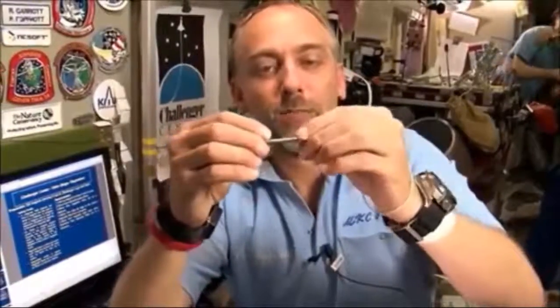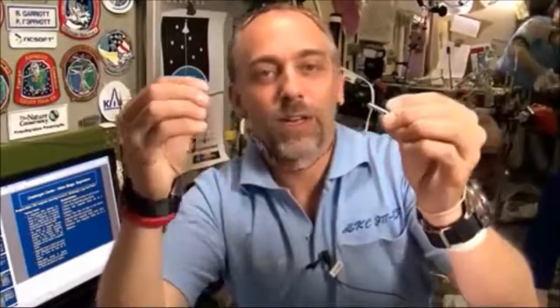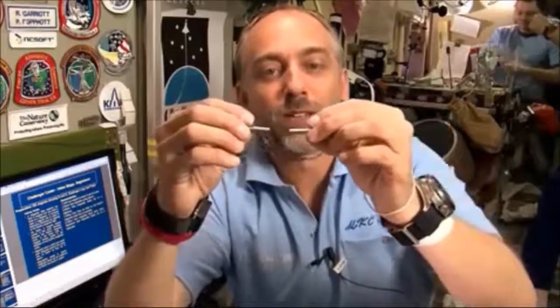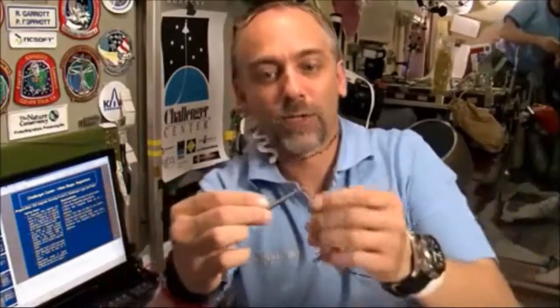Also, this is actually two magnets, and you can see that magnetic forces operate over a distance, and that the north end and south end of a magnet attract each other, whereas if I turn it around and try to put the two north ends together, you'll see that it turns the magnet over and attracts it. There we go. We can start it lined up with the Earth's magnetic field, and it will attract. Or if I start it lined up with the Earth's magnetic field but approach it with the opposite end,